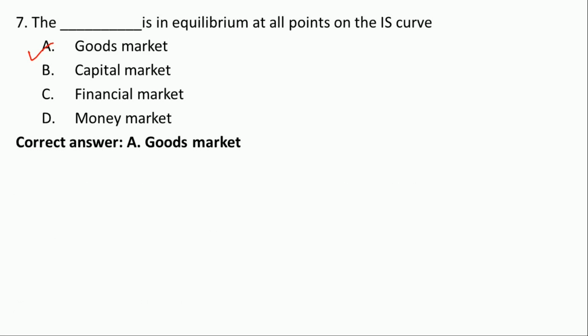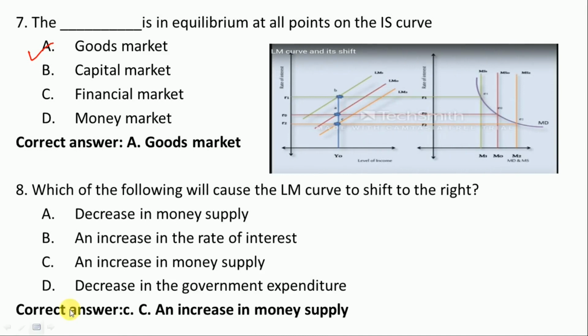Okay, and even that you can see on the screen also, on the diagram also. Diagram पे देखो, यहाँ पे we take example, suppose there is an equilibrium point at point E0 where the demand for money curve intersects with the supply of money curve at point E0, and corresponding to this rate of interest into the economy, that is R0 है ये, and this is about the LM curve, ठीक है.